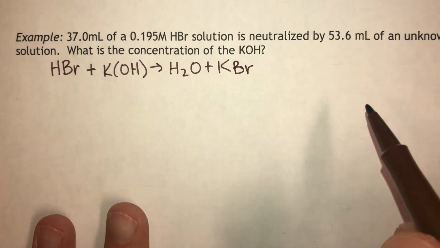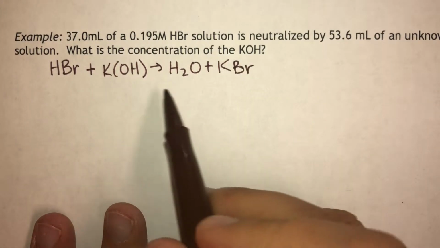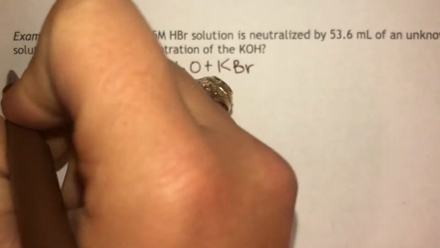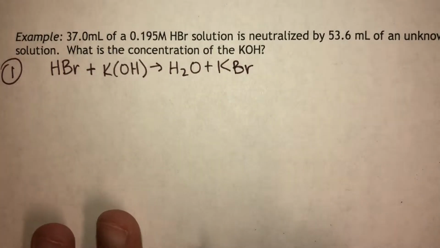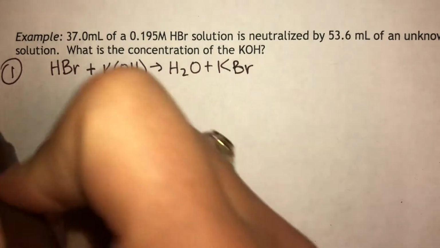So this is the second example problem. This is our equation. It's already balanced. So that was step one, getting the equation balanced. So step two,